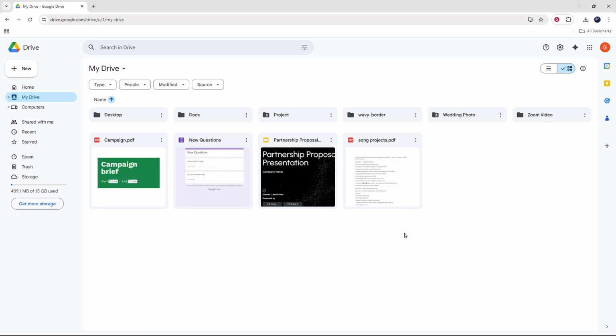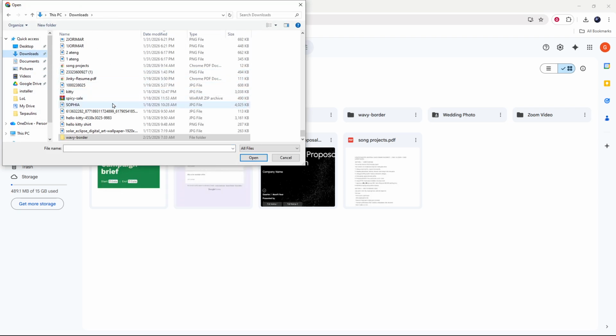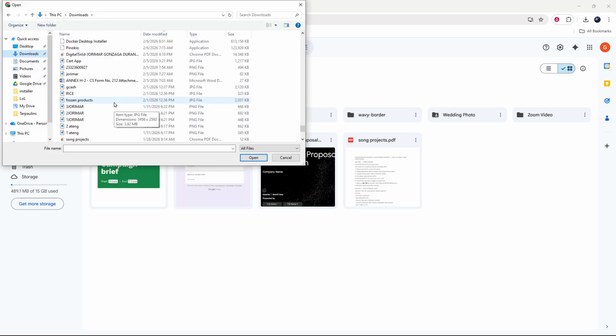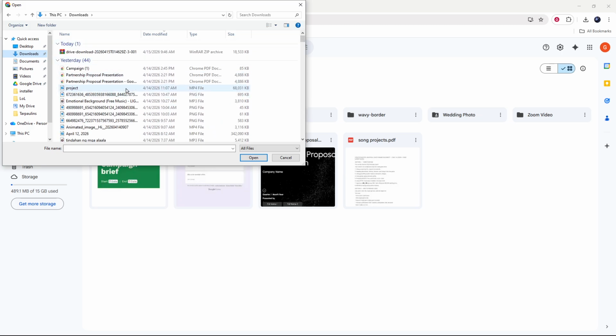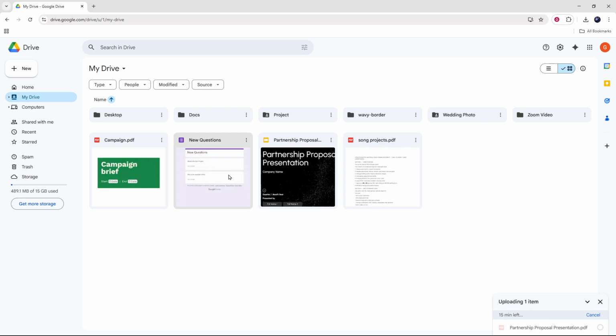First, in Google Drive, click New, then File Upload. In the file picker that opens, locate your PDF, select it, and click Open. Watch the upload progress in the bottom right corner. Wait until it finishes and the PDF appears in your drive. If you don't see it immediately, give it a moment to sync and then look for the file name you